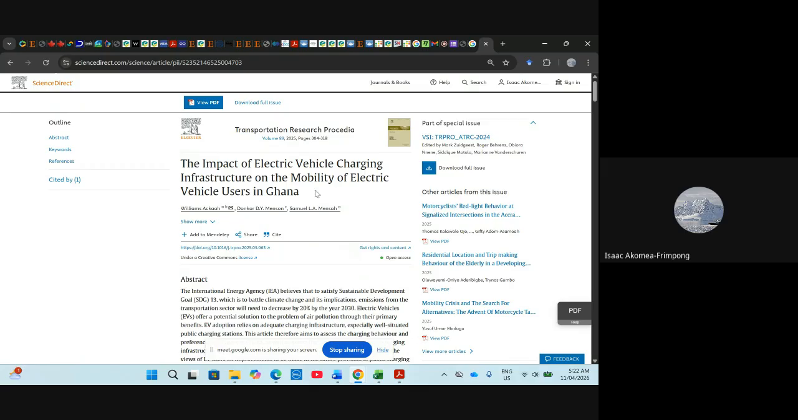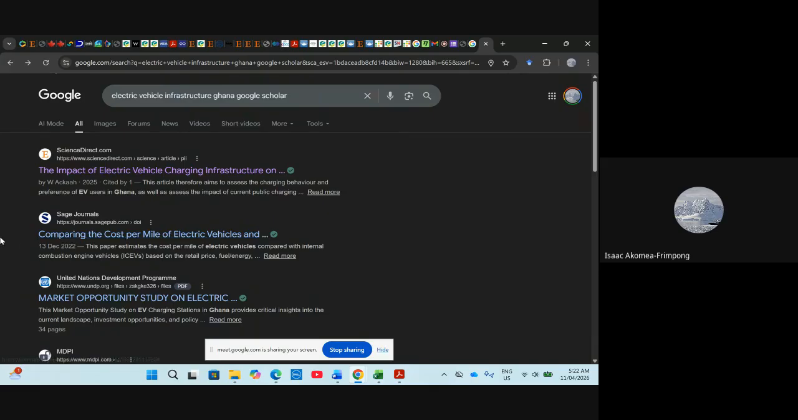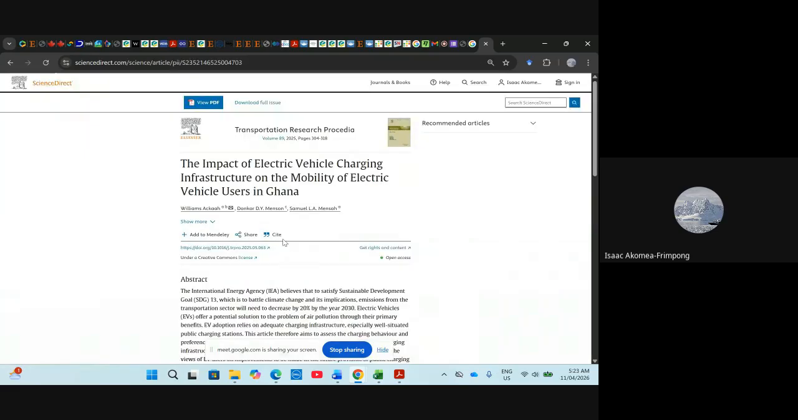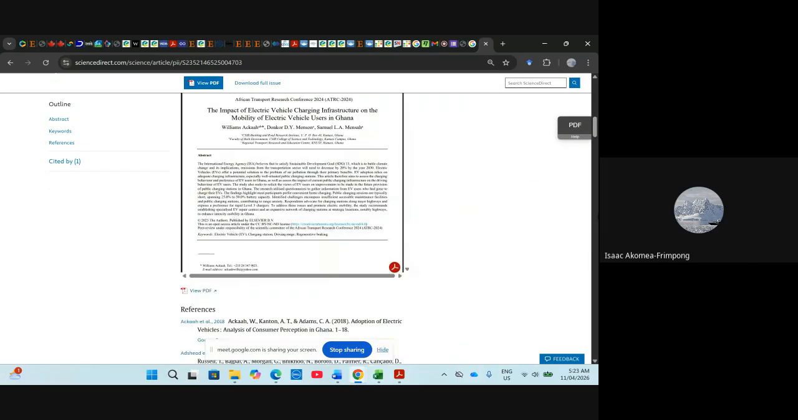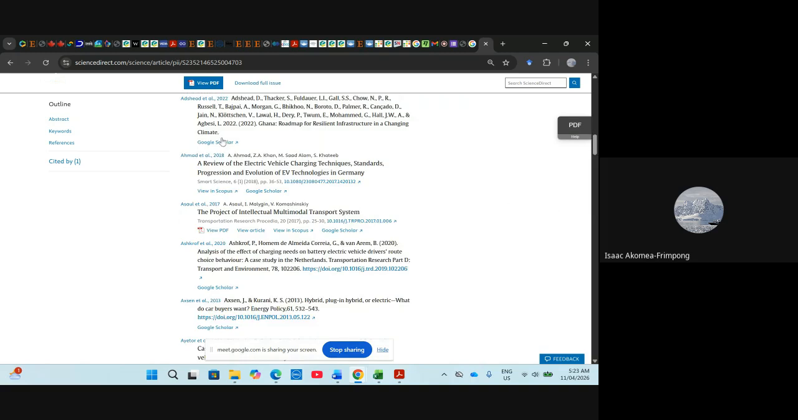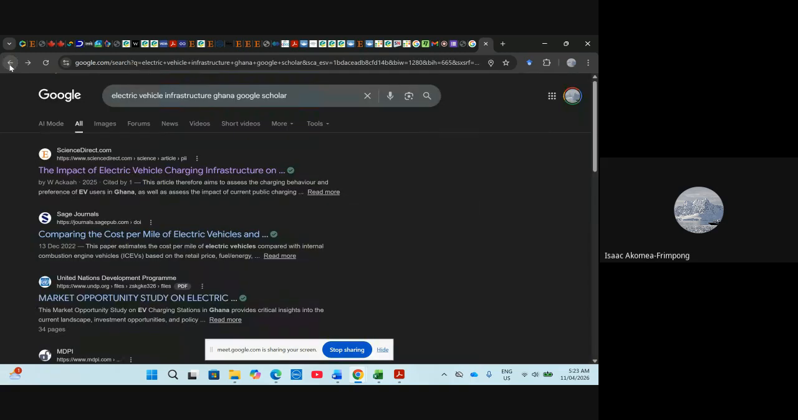The impact of electric vehicle charging infrastructure. So people have started working on it, but the issue has to do with how people have looked at it. Some of these papers, when you read, you see that the people who wrote them are not from the construction industry, or even if they are part of the construction industry, they look at it from a single point. But those of us who are into construction management, it is better we take